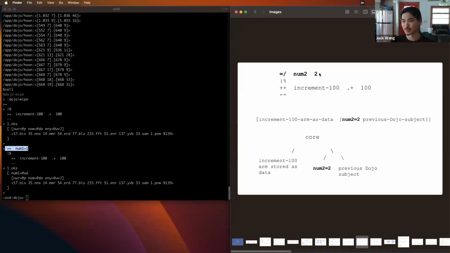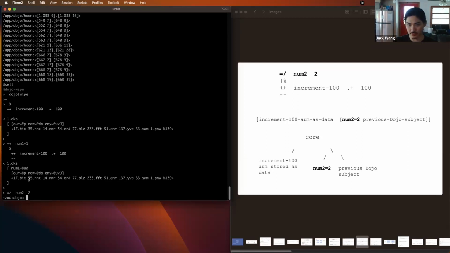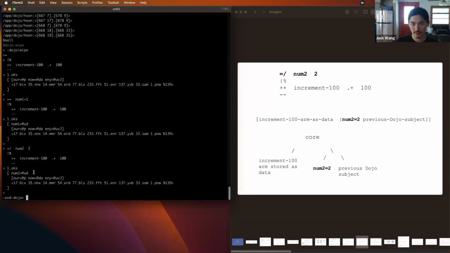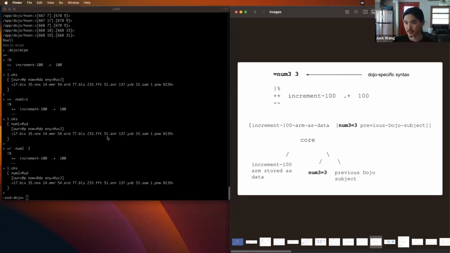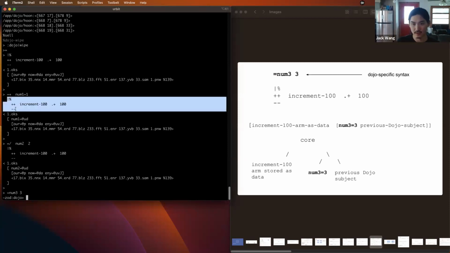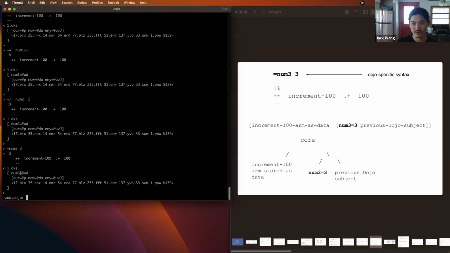We can also do this with the tisfaz rune. If you recall, the tisfaz rune just does the same thing, except it specifies the name of it separately. So now num2 shows up, right? And the same thing if we use the Dojo specific syntax equals num3 3. That's just Dojo specific syntax to pin something. And if we build the core, then we'll see num3 there,